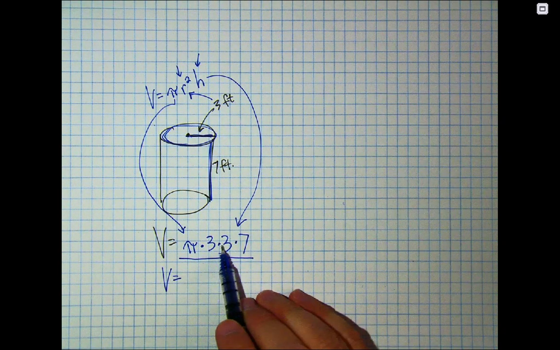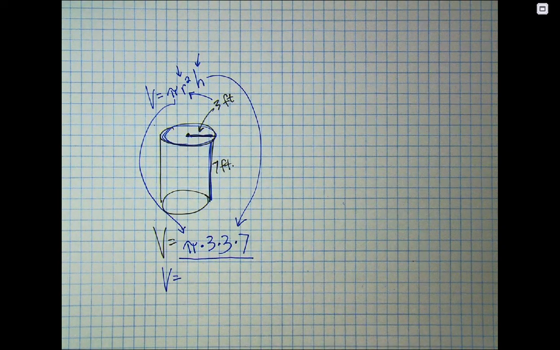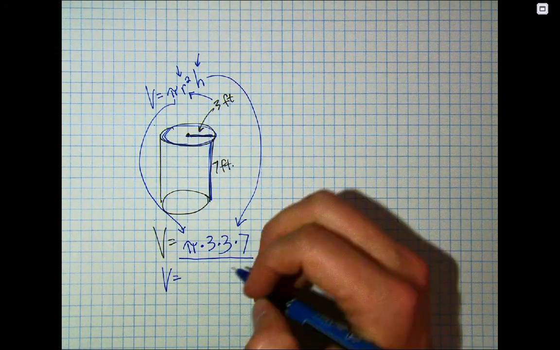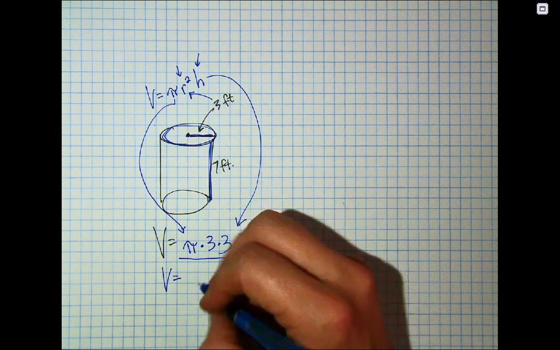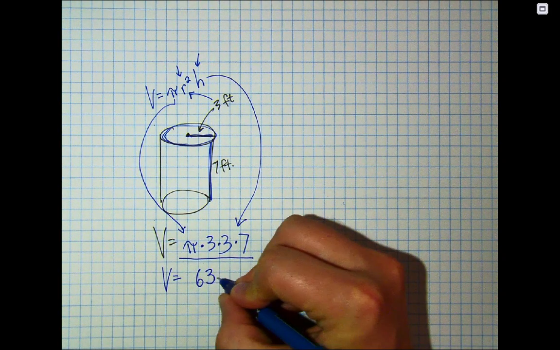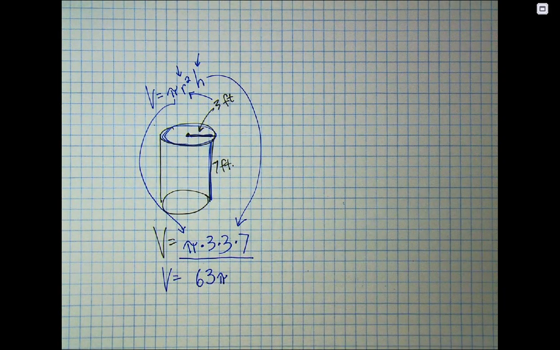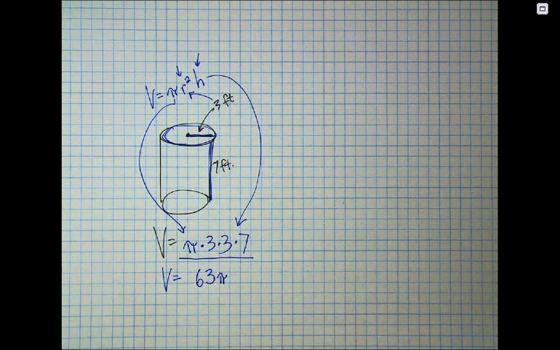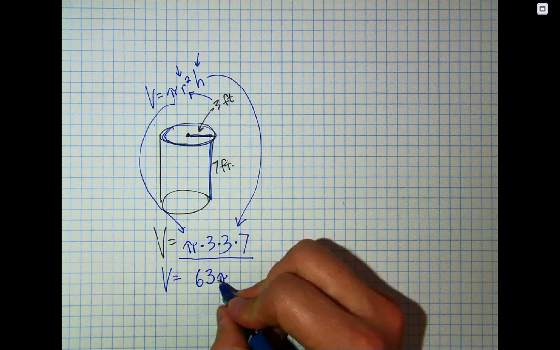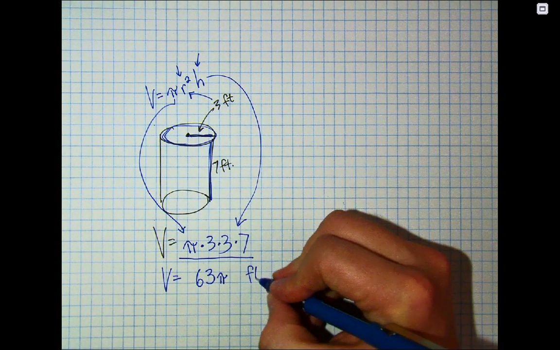You can multiply it in whatever order you want to, but for this problem, you're going to get 63 pi, or 63 times pi, because that's what 3 times 3 times 7 is. Okay, so we could say that the volume of this is 63 pi cubic feet,